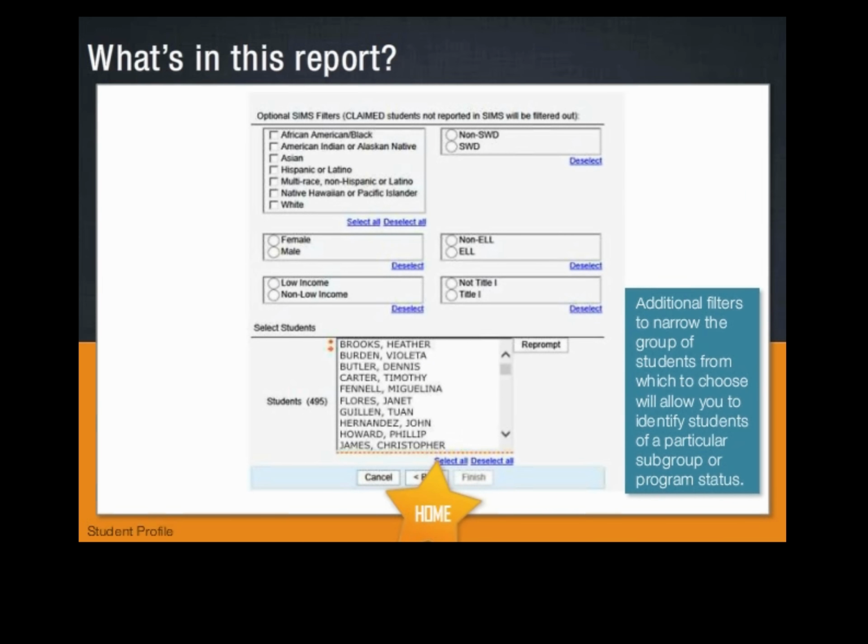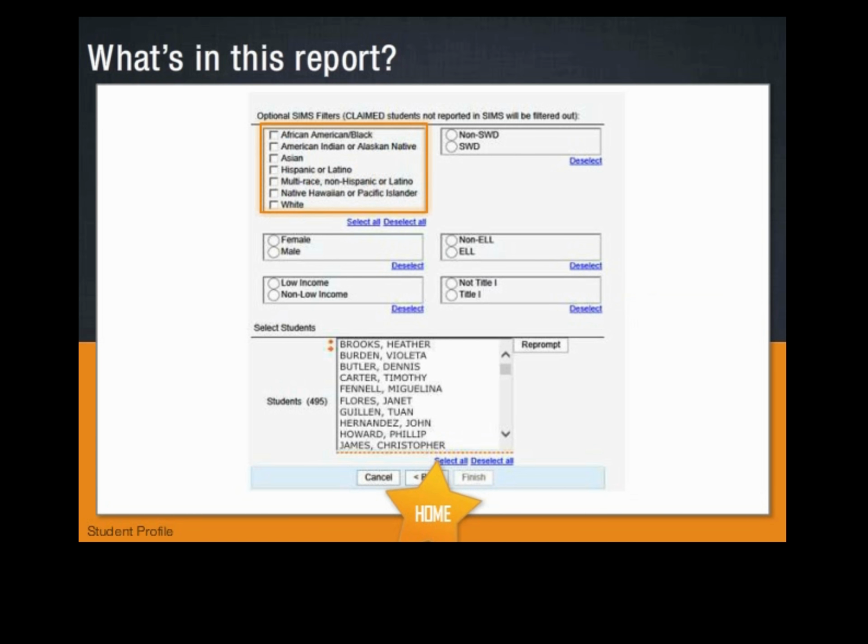Additional filters to narrow the group of students from which to choose will allow you to identify students of a particular subgroup or program status. You may choose to filter by race or ethnicity, gender, economic status, disability status, ELL status, and Title I status.